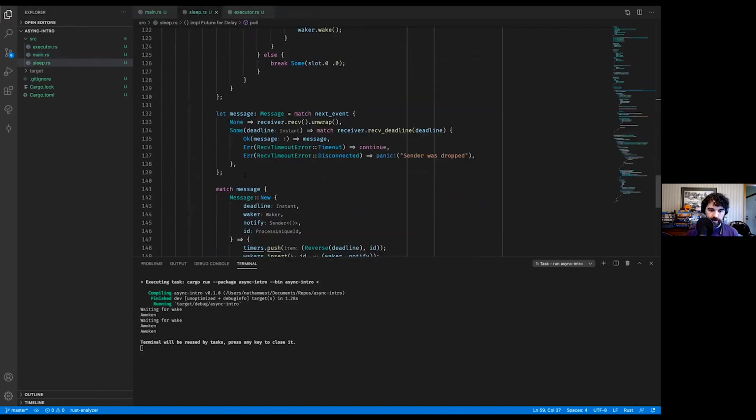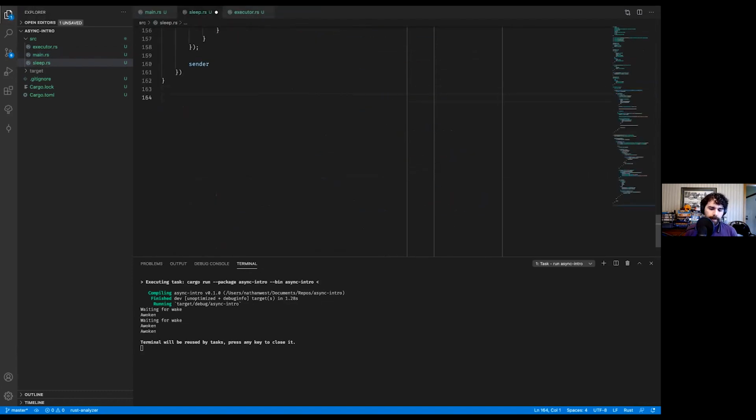Okay, let's come back here to our sleep. Suppose now that we wanted to set up a timeout for a future. We want to have any arbitrary future time out at a certain moment in time. We'll call it a timeout. And it has a future. Because futures are idle, and because once you drop a future, it's done and doesn't do any more work, this is super, super easy, right? Here's our future. It's a future. Here's our delay. It's a delay. Cool.